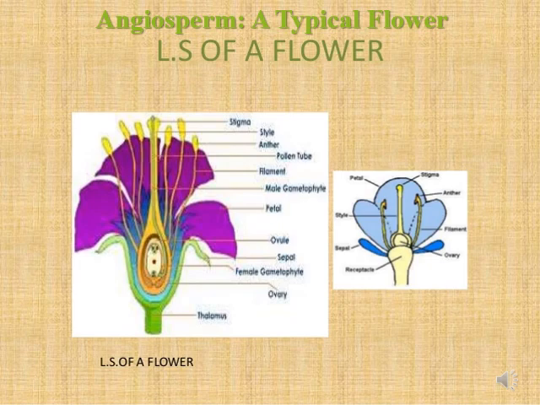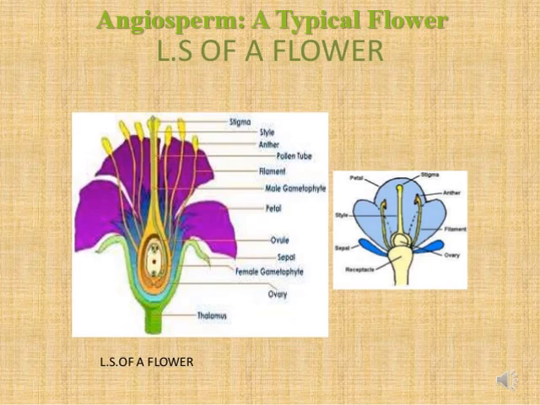Now the male gametophyte is represented by means of stamen. It is also called the male sex organ, and the single stamen mainly consists of anther lobe, filament and a connective. Now the second essential whorl, which represents the female gametophyte, is commonly called carpel, or it contributes to the female sex organ, and it mainly consists of style, stigma and ovary.